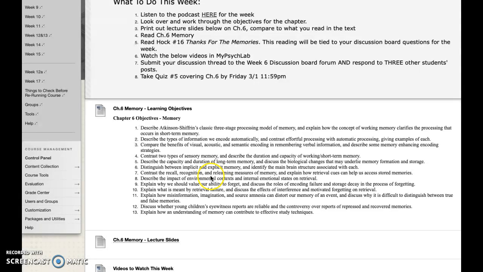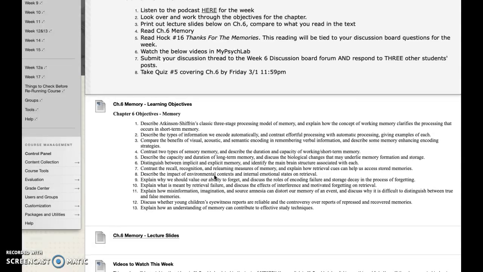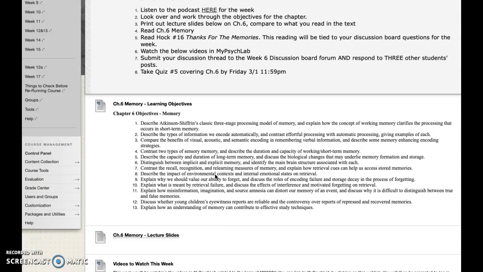So that'll be the beginning, and then we'll get into the retrieval process. What happens when you want to get that information back out? First and foremost, before we can retrieve, we'll take a look at the difference in types of memory, recall and recognition. Depending upon how you store information is going to affect how you go back and get it out later. The environment can definitely play a role, as well as your internal emotional state. Our mood affects our memory. Our environment, where we're at, what we're doing, who's around us, affects our memory. And so that all affects retrieval.